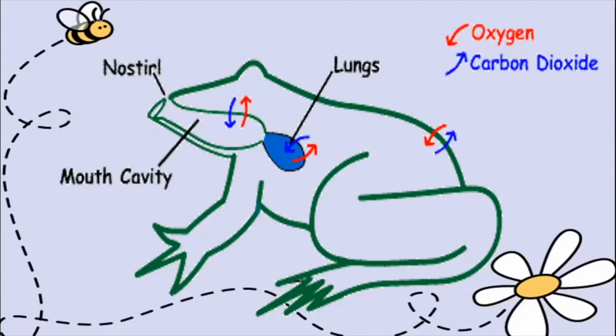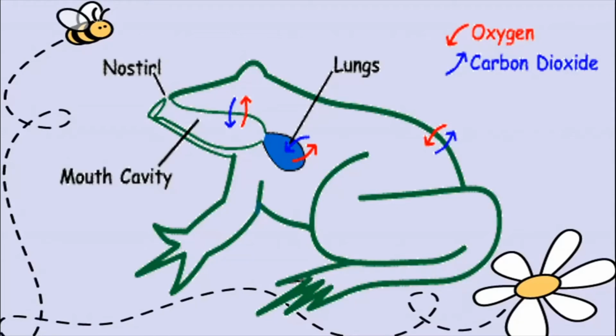Now there are some animals, children, which live in the water sometimes, and sometimes live on land. Okay, so God has given them two mechanisms to breathe. When they are on the land, they breathe like us through the nose. Alright, and when they are in the water, they breathe through their skin. What are these animals called? They're called amphibians. They can live on land as well as they can live underwater also.